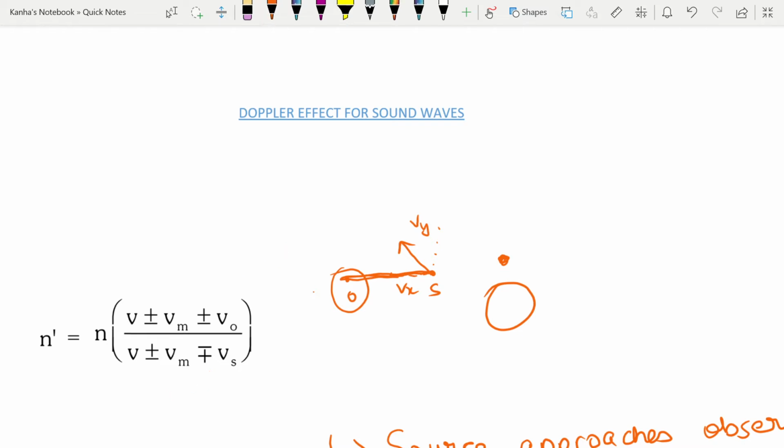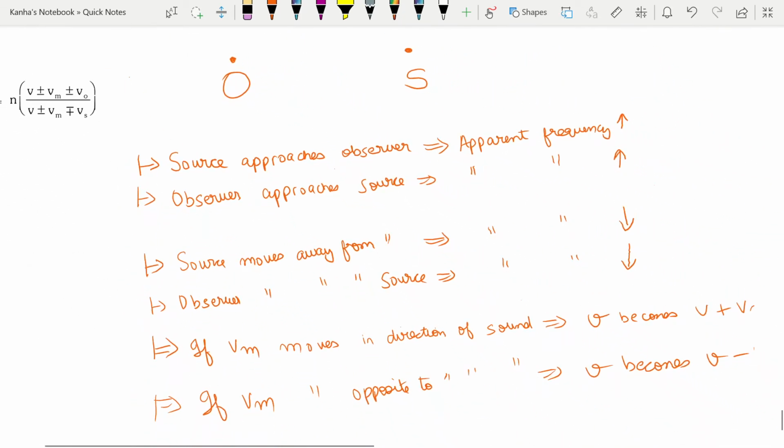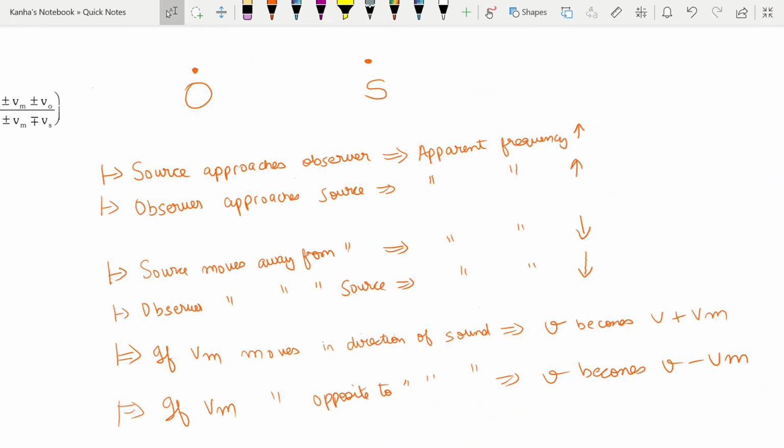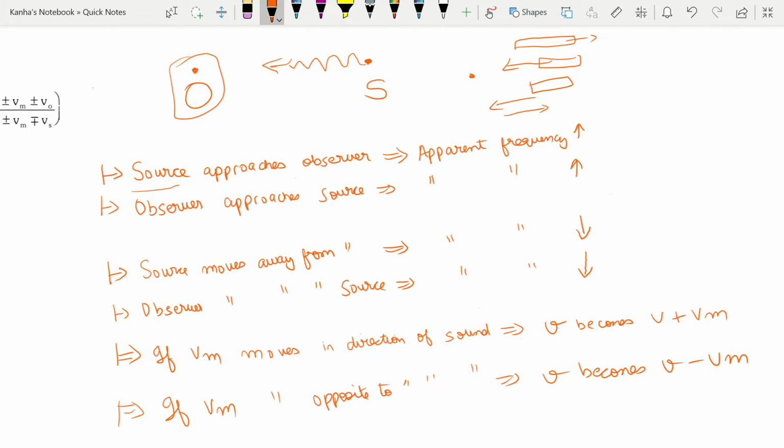So before looking at the formula, I'll just give you the important points so that you are able to remember this formula properly. In this case, you are the observer here, trying to listen, and your source is emitting some waves towards you. In practicality, you can observe this when a train is coming close to you, or a train is going away from you, or a train is standing, blowing a horn, and you are running away from it, or coming towards it. These are the 4 cases which I'll explain here.